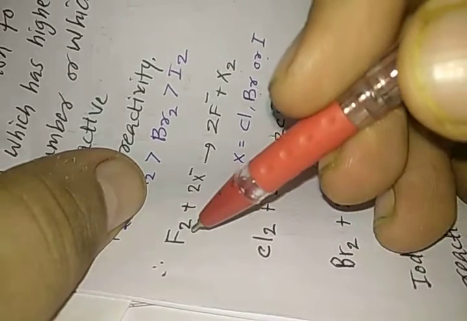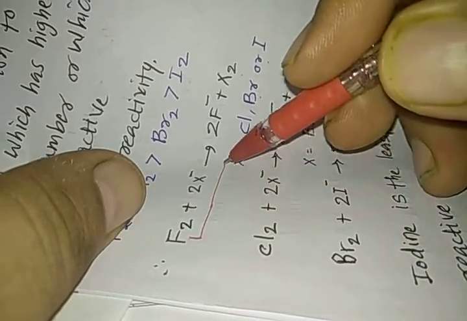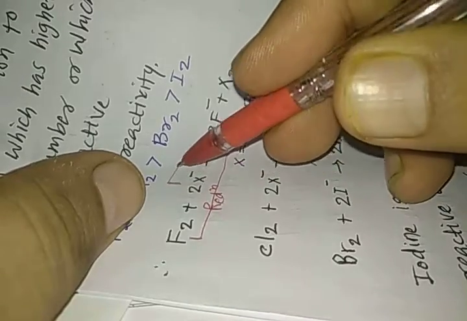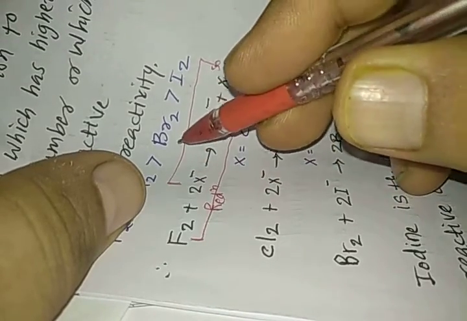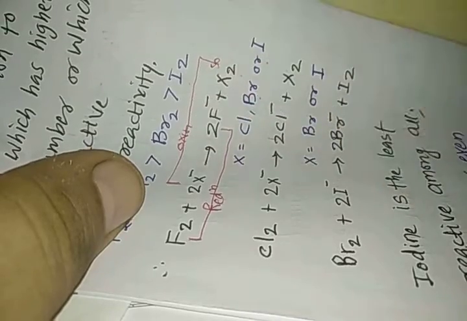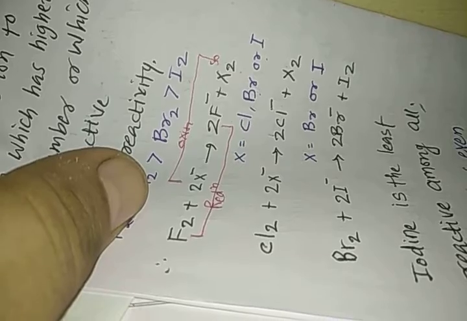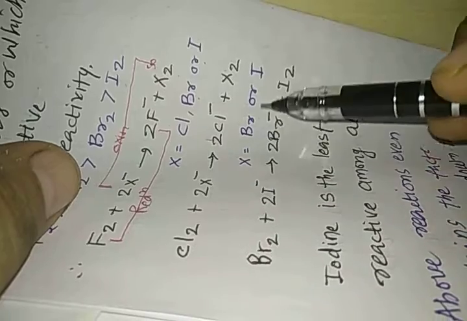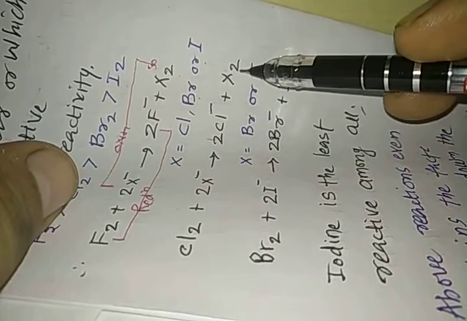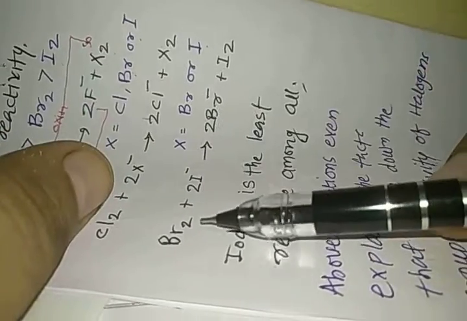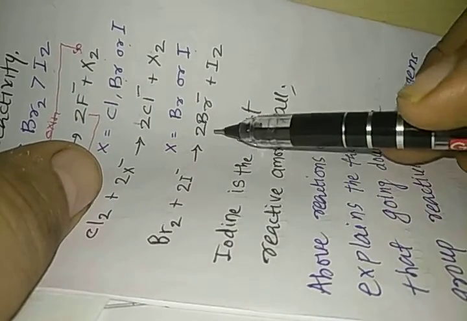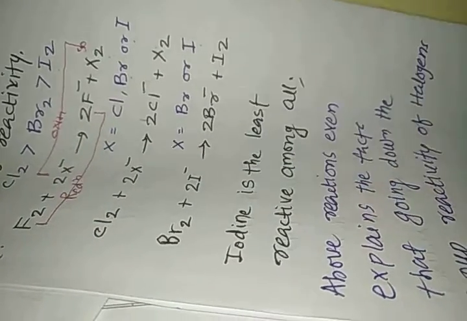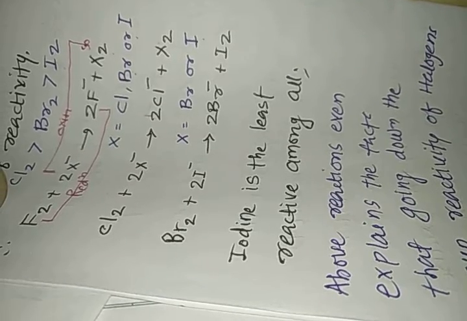You can simply understand here that this is the reduction, whereas this is a kind of oxidation that takes place. So, fluorine itself is reduced and the halide ions are oxidized. In the same way, when chlorine reacts with bromide or iodide ion, it turns itself into Cl-, and Br2 or I2 is produced, and you can easily understand Br2 reacts with 2I- to give 2Br- and I2. Remember, all these three reactions are redox reactions. I hope, my dear students, you are enjoying your studies. Happy learning.